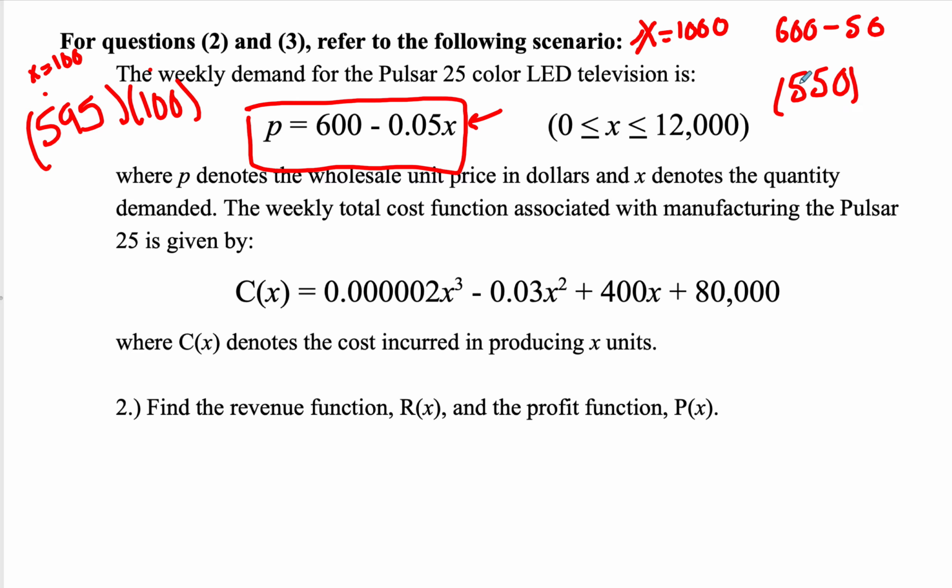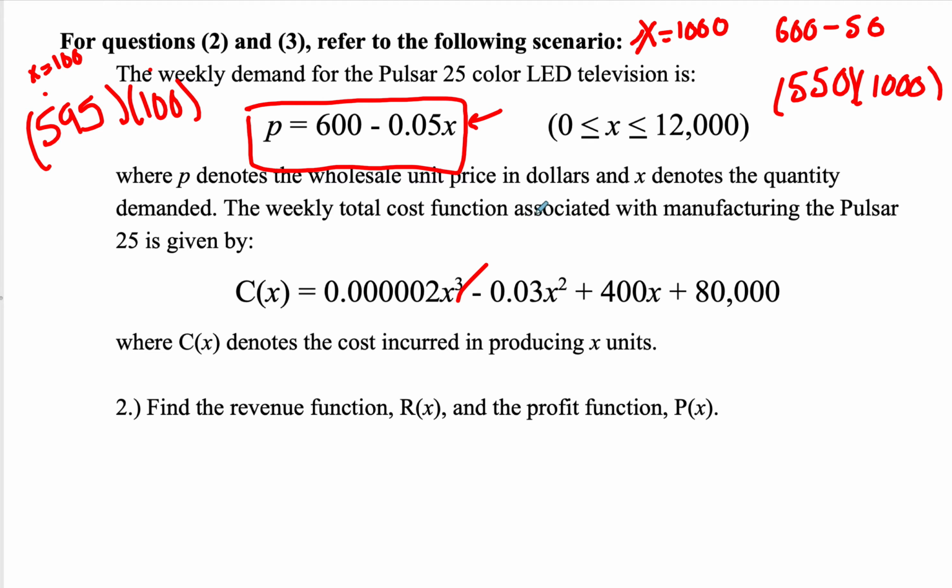So let's say that I had $550 that I was selling them for, and I sold 1,000. This would be my revenue, right? I take the number that I sold and multiply it times the amount each one was sold for, right? And that makes sense if you think about it, right? Because I'm talking about the total that I'm bringing in, and the total that I'm bringing in is equal to the number of things that I've sold times what I sold them for, assuming in this case they're all the